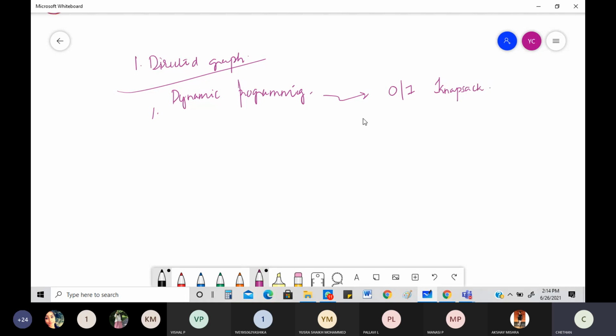And before that, we are going to look into multi-stage graphs, which basically means it will be a directed graph, but you will have graphs in different stages. What is the meaning of different stages? Different stages means you will not have them in the same order, it will be in a different order. Again, it will be more like a problem. You are supposed to do that without any problem.